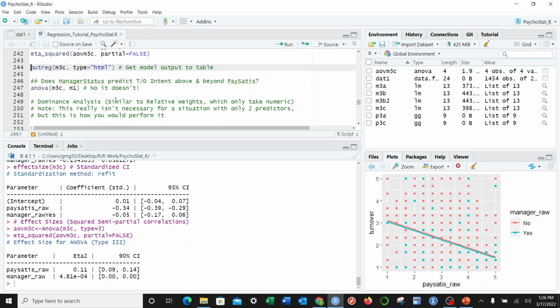One other thing we can do is we can look at whether or not our categorical variable predicts our outcome measure above and beyond the continuous measure. And we talked about nested comparisons or hierarchical comparisons previously, and it's the same thing as before. We just do ANOVA and then our current model, which contains both manager status and pay satisfaction, and then we'll compare it to M1, and we'll go back up to our original